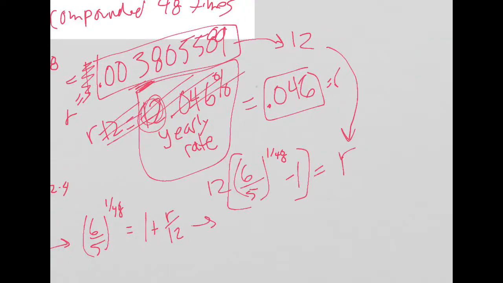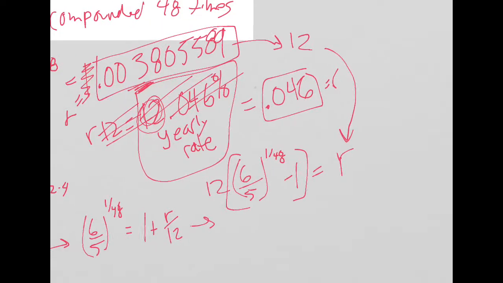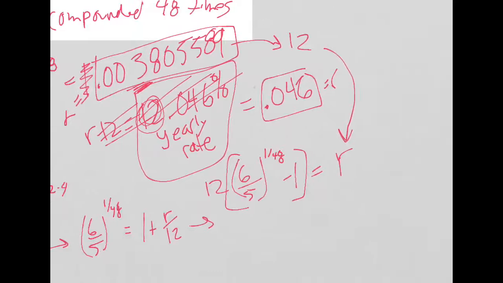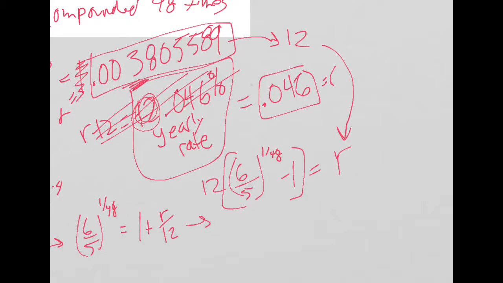But think about what we can do. Let's write our expression. We want to know when it's worth twice as much. So we're starting with 5,000. We're starting with 5,000, so we're going to get 10,000